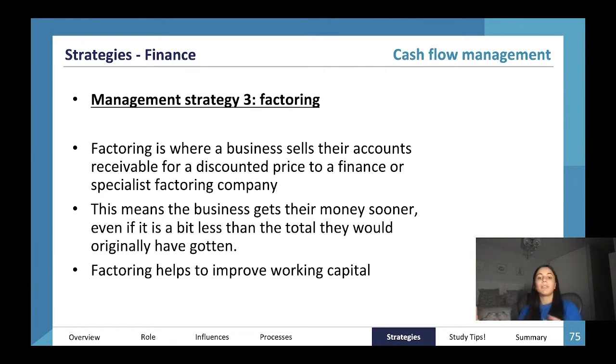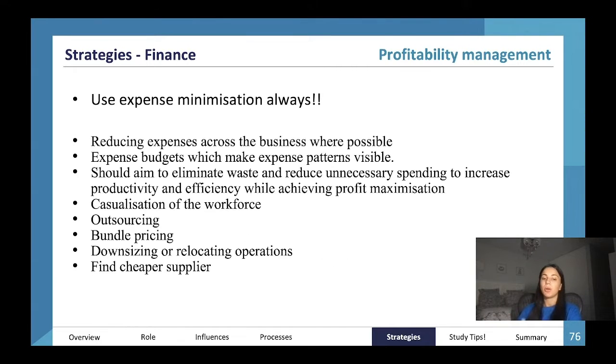They can keep, let's say for example, their business policy is 90%. They're like, okay, we'll give you back 90%. So where I get 90K on the spot, they get to keep 10K for what they do. And then they go and chase up that person and wait for that person to fulfill that account. So then I get my money straight away. But again, it's coming at the loss where that company gets a minimum of 10%, the factoring company. But it means that I get my money sooner, and even though it's a bit less, it helps improve my working capital management